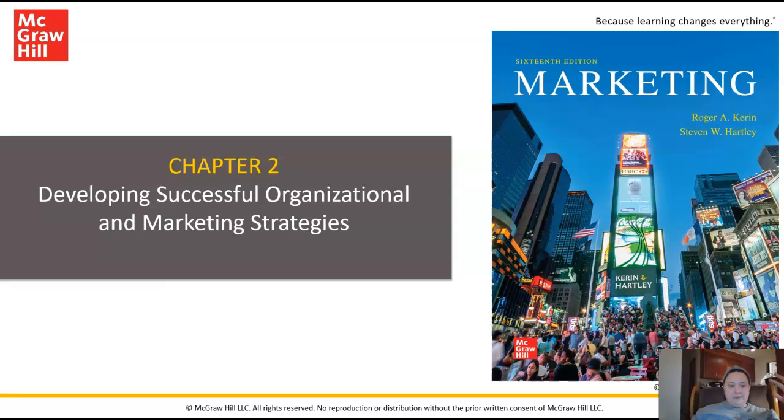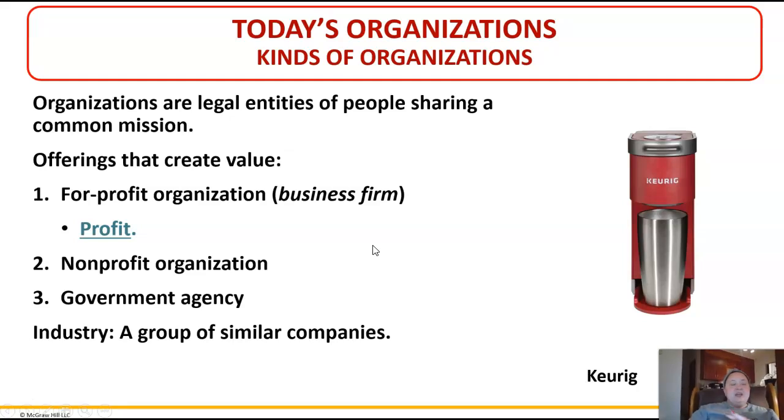So high level, and this isn't changing. There we go. So first thing to know is there's 3 types of organizations. You have for-profit organizations, or what you normally would think about as a firm, a business firm. You have non-for-profit organizations. So that's anything from, I was about to say a nonprofit you hear of course, but